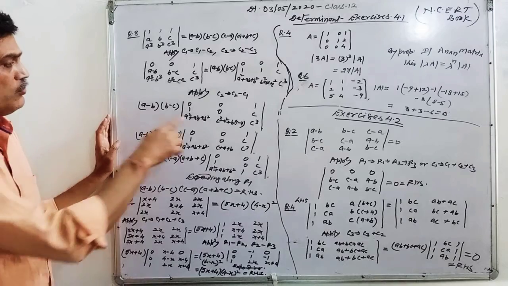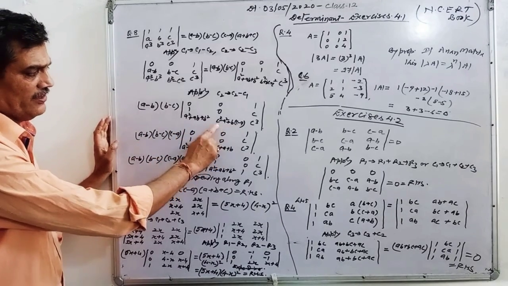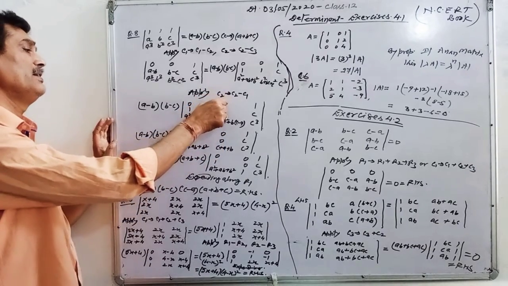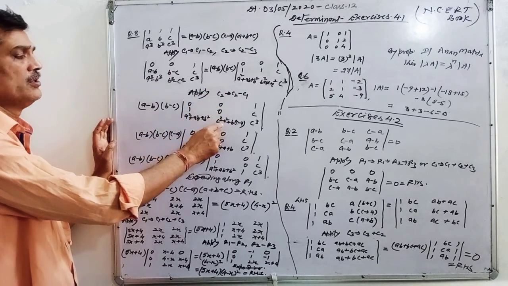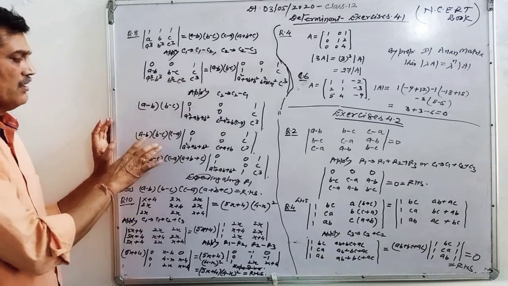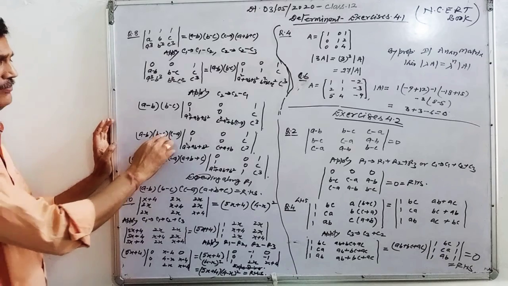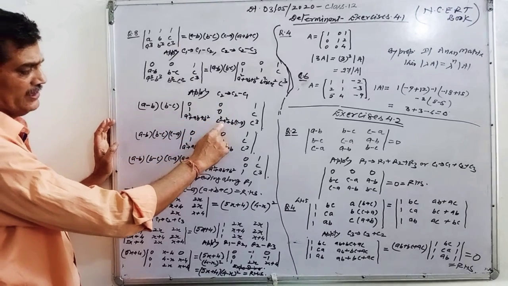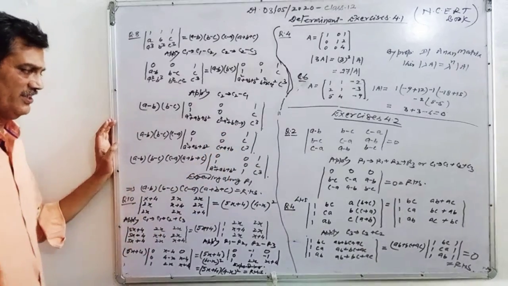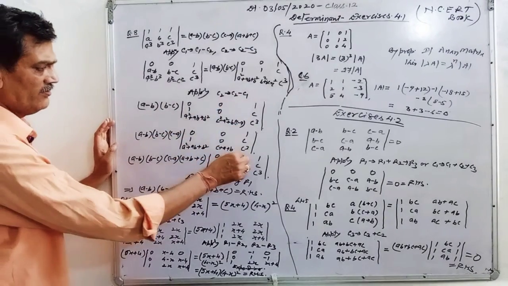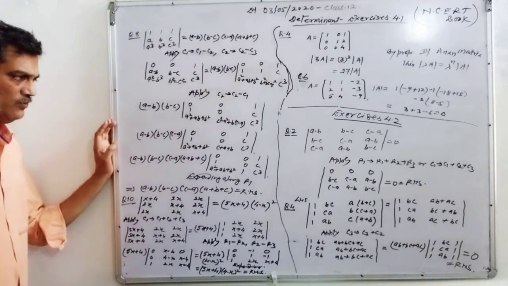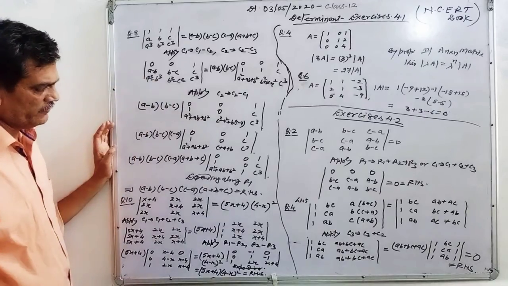Now from C2 you can take C minus A common from this and this. Why? Because the remaining elements of C2 are 0, 0. So C minus A you can take common. After taking common you will have in C2 0, 0 and the remaining part C plus A plus B, written here. And C1 and C3 will be the same. Only C minus A is taken common from C2, so you will get this much.